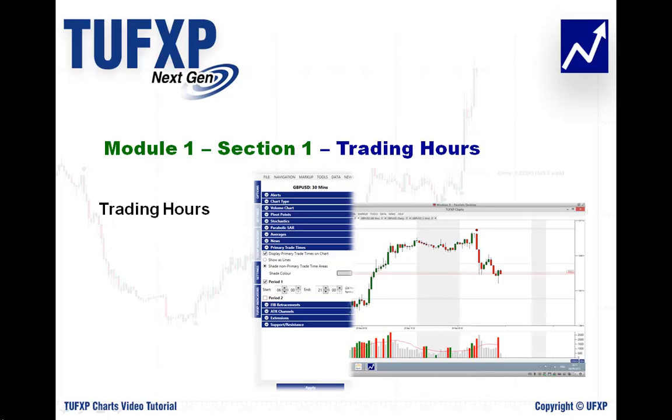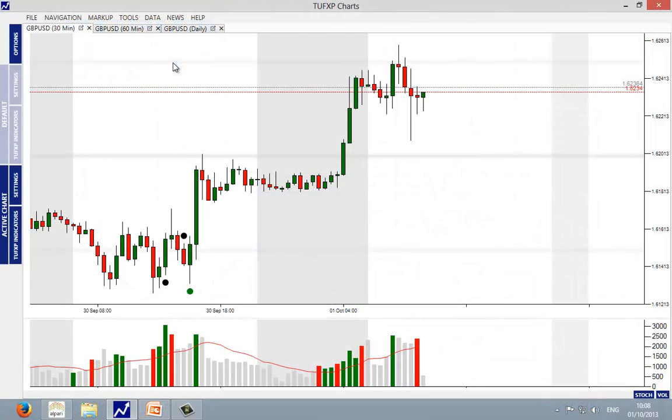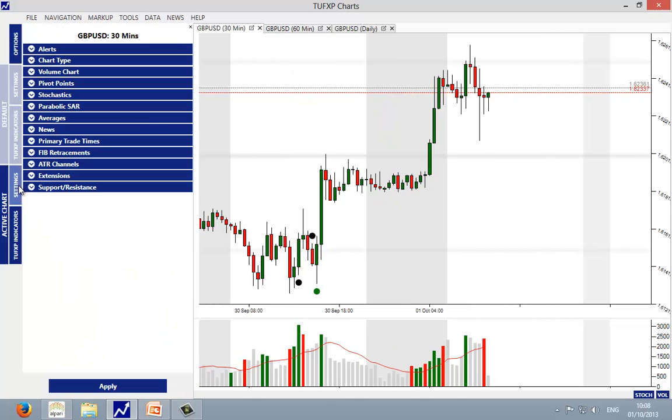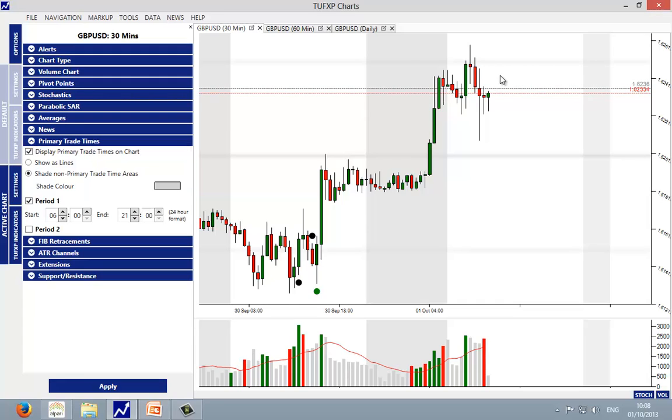Trading hours, another component of the trading strategy. When do we trade? Well, probably the best way to show you this is with the software. So I'm just going to drop out of the presentation for a second and have a look at trading hours within the software. Okay, so we're in the software, and if we come over to the settings tab, you will find the primary trade times, and these are the hours that I want the trading strategy to be applied to the price chart. If we come down to the bottom here, you can see that my times are 6 AM